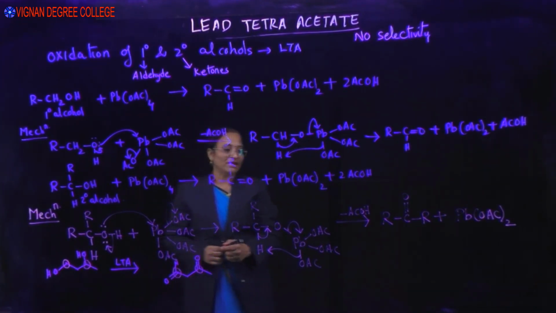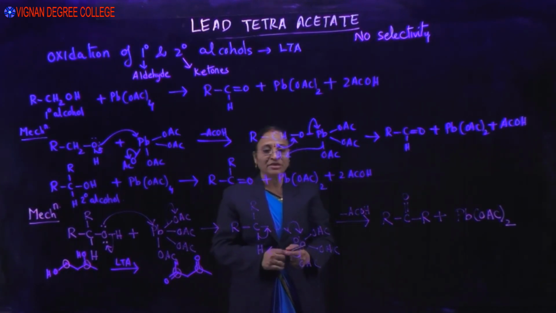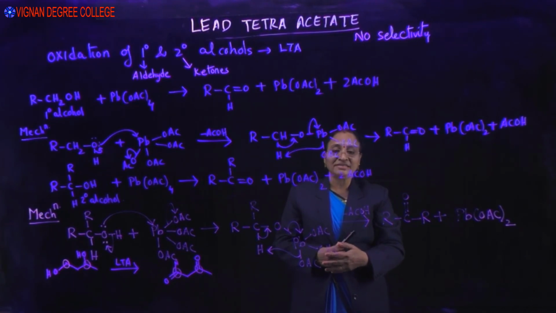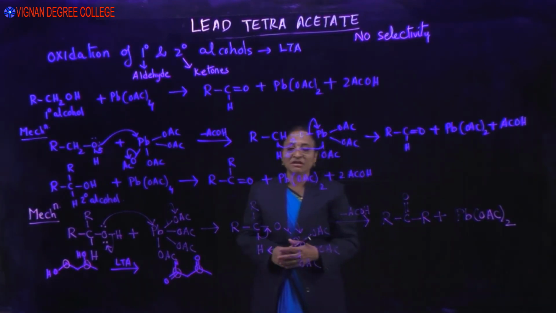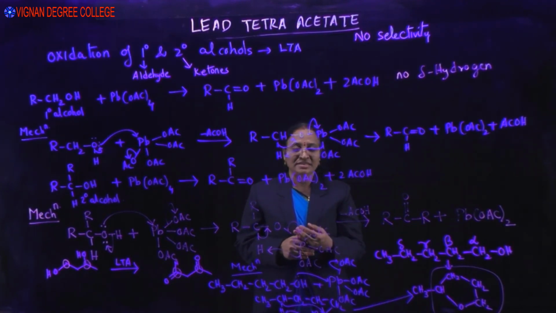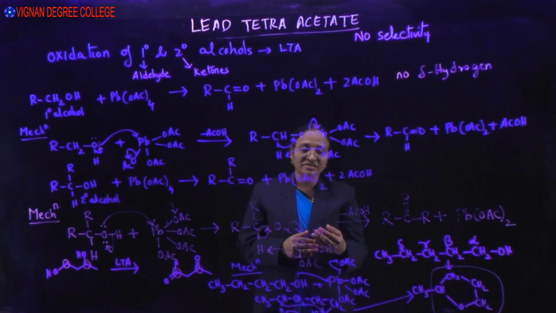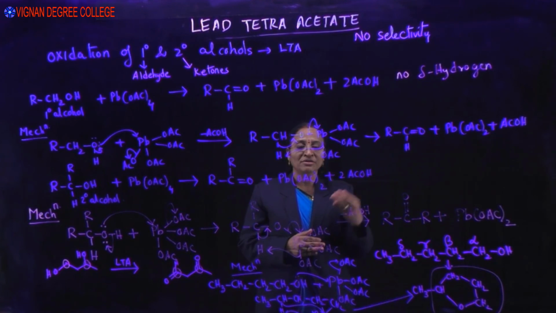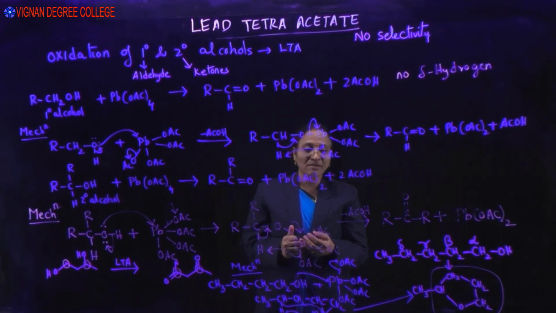Now if you have a hydroxy group containing delta hydrogen, it may lead to the cyclization product to give you a cyclic compound containing oxygen by using lead tetraacetate. Whereas the alpha hydroxy or alpha keto acids can undergo oxidation with decarboxylation to give you the elimination of carbon dioxide from your carboxylic group, finally giving you an aldehyde as the product with one carbon less.